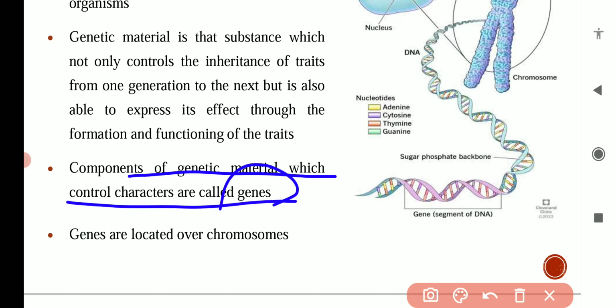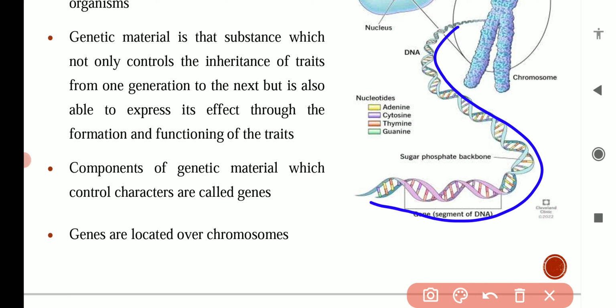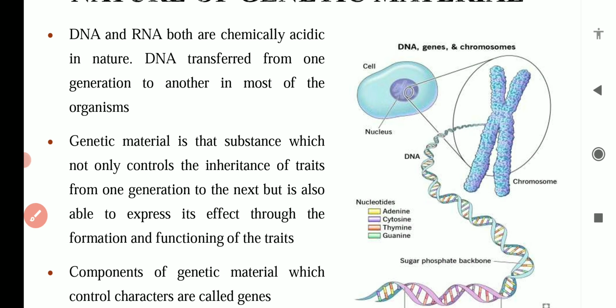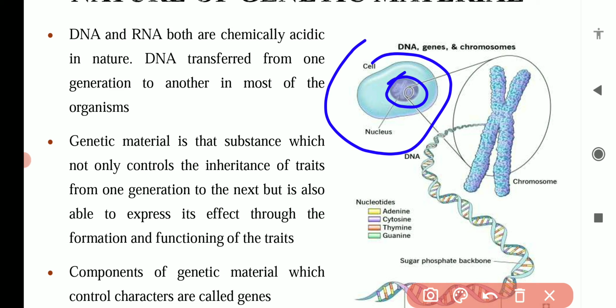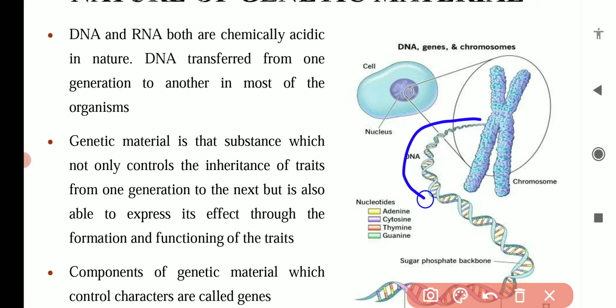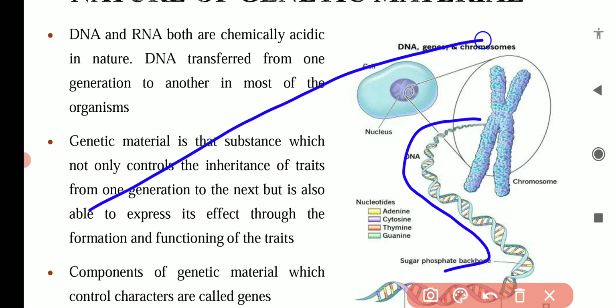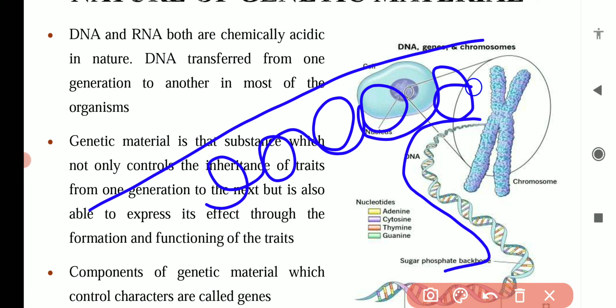We have already said that the DNA is made up of several genes. All the genes are present on the DNA in linear form. Suppose in this image, you see the cell, and in the cell we all know that the nucleus is present, and inside the nucleus we know that chromosomes are present. These chromosomes are made up of DNA and protein. DNA is in linear form, and this linear DNA gets coiled. Several types of coilings are there.